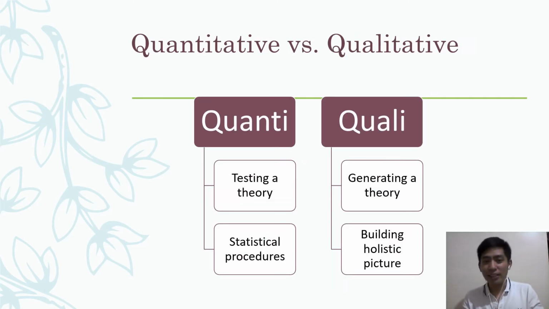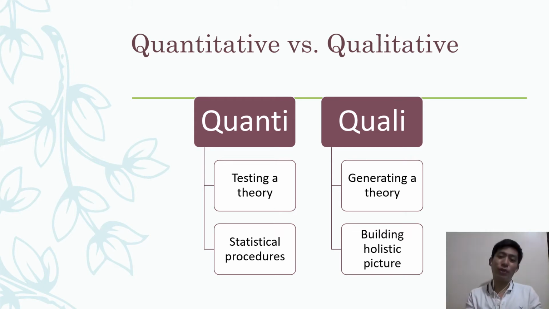Quantitative and qualitative. Quantitative, again, I want to reiterate, is the post-positivist point of view, and the qualitative is the naturalist or constructivist point of view. So quantitative is more about testing the theory. In your experience, quantitative research has a conceptual framework and also a theoretical framework, to have a guideline in your analysis and